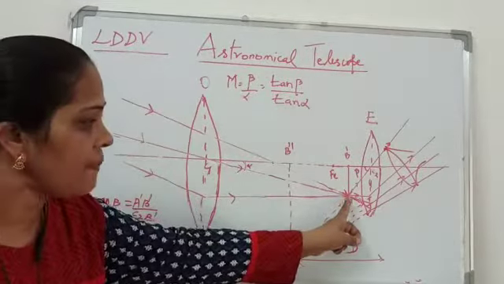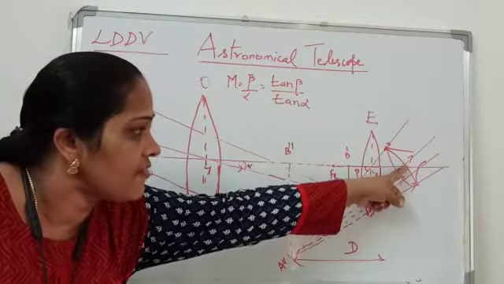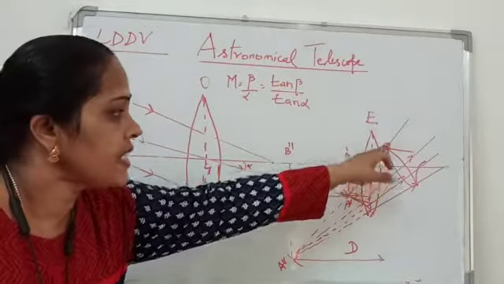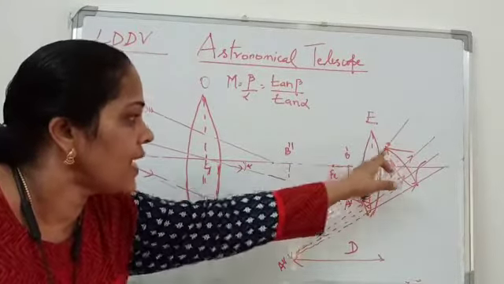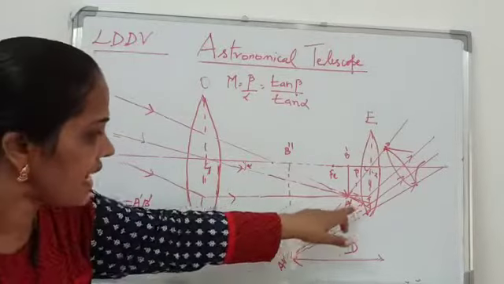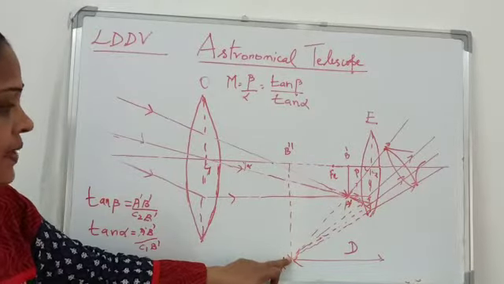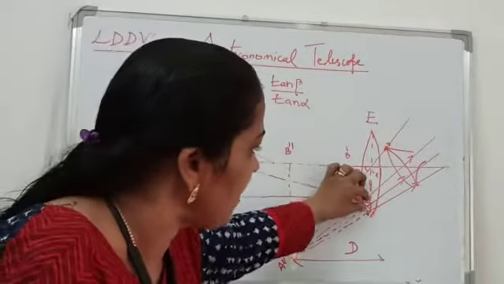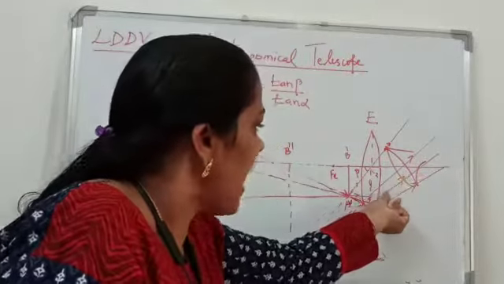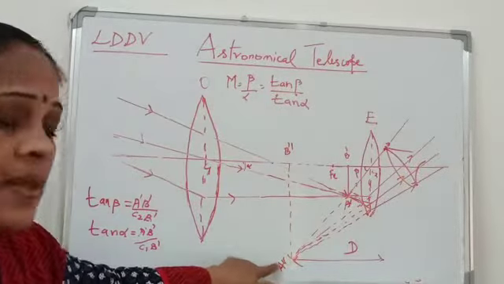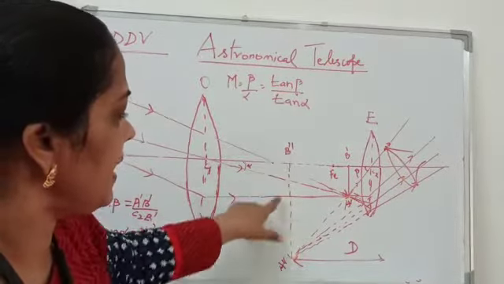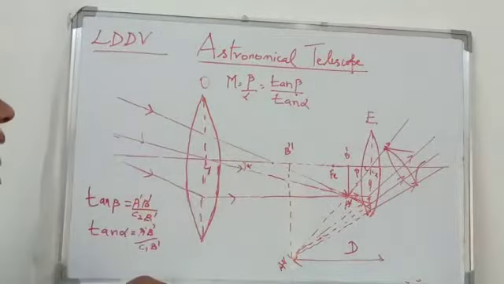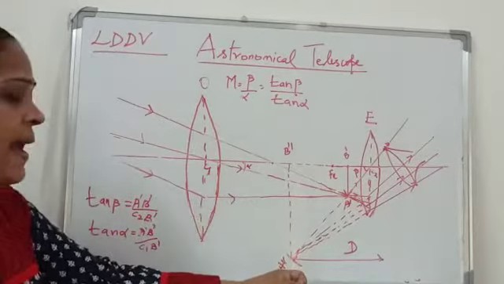Now a ray of light parallel to the principal axis after refraction passes through the focus of this eye lens. Another ray of light passing through optic center C2 goes without any deviation. When these two rays are extended, it appears to come from A'. I have also shown the refraction of two rays which is coming over here. It gets refracted and when extended it appears to come from A'. A', B' is the virtual, erect and enlarged image of AB. Now let us calculate what is the magnifying power.